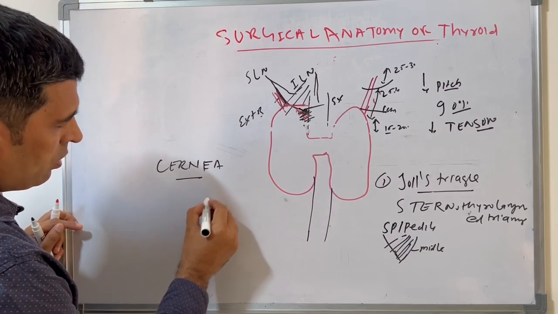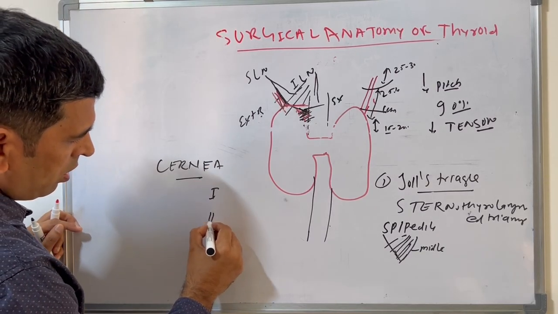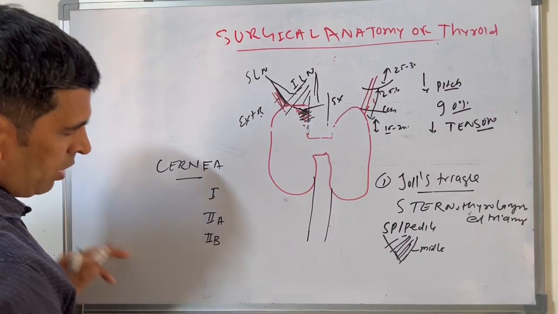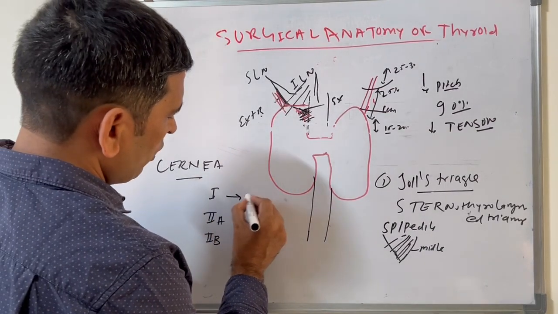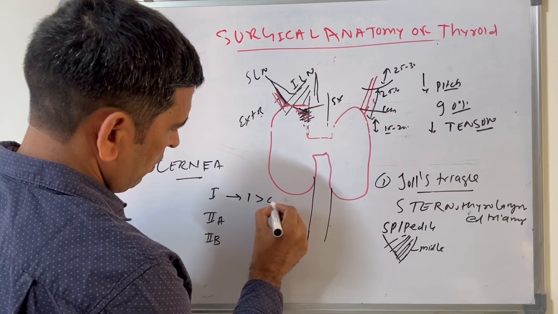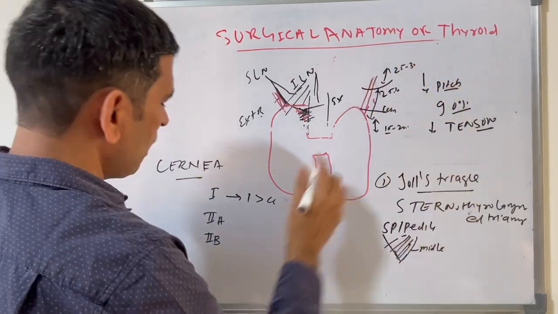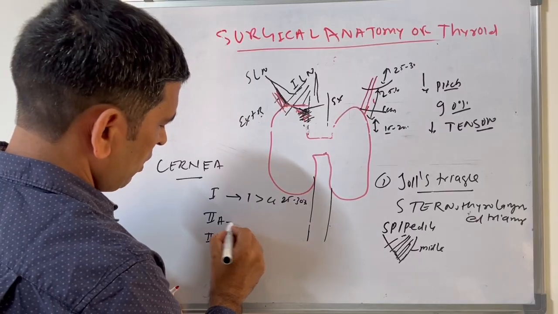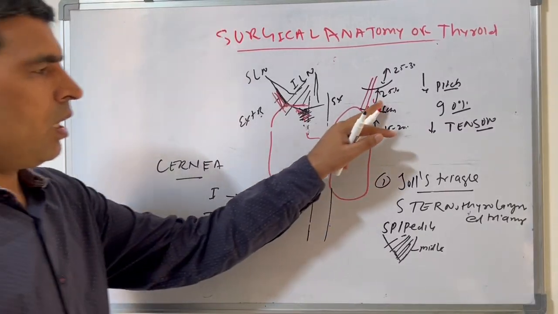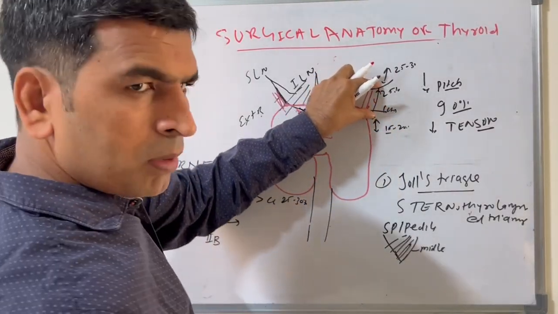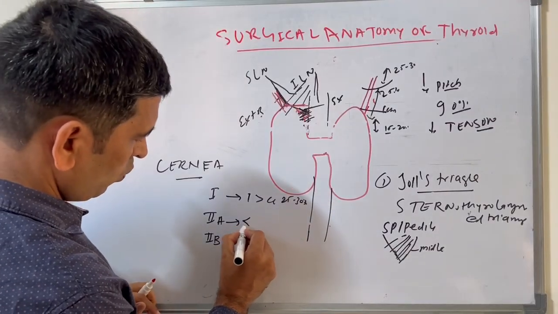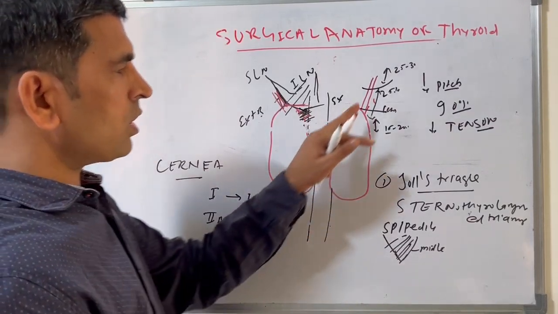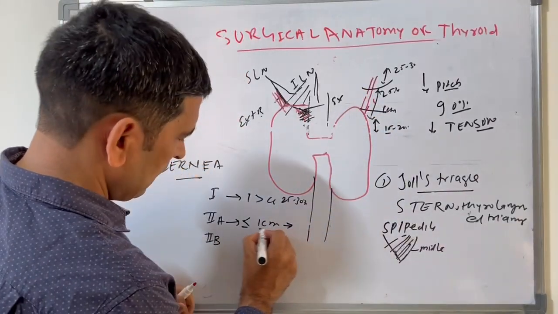Cernia classification: class 1, 2A and 2B. This above 1 centimeter is coming about 25 to 30% of the cases. And within 1 centimeter, equal to 1 centimeter, is crossing this artery is about